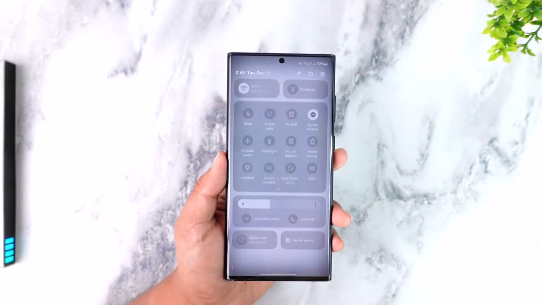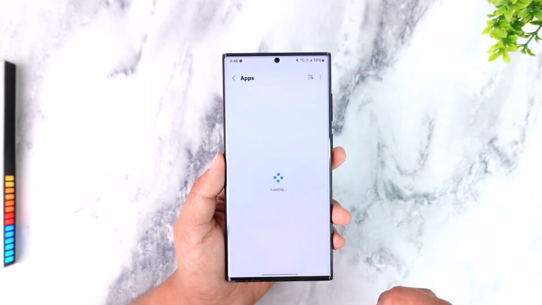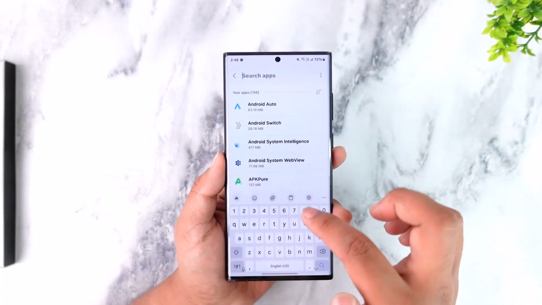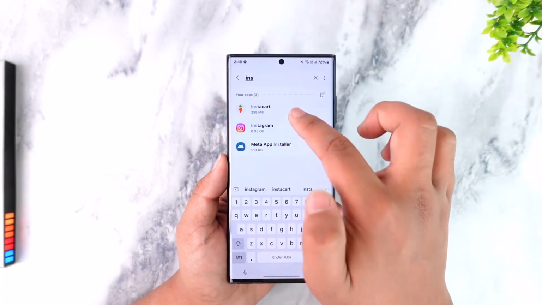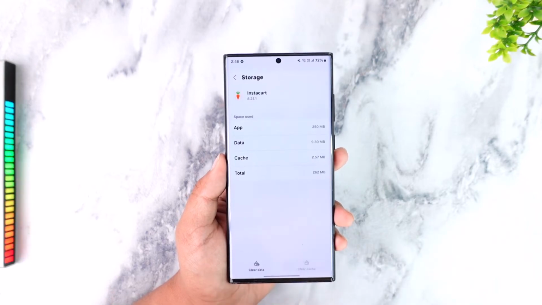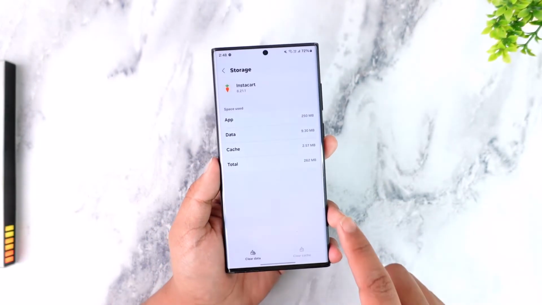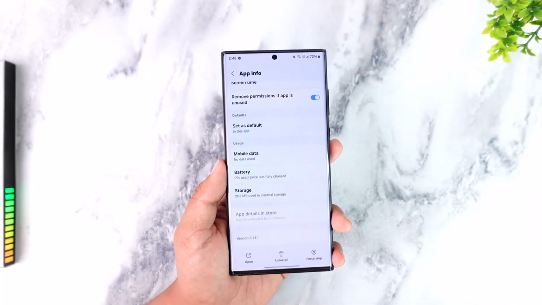Next, if you're using Android, simply open up your settings, scroll down to the apps section right here. From the apps section, simply locate or search for the Instacart application right here. Then once done, you can go to its storage, clear the cache files, and also make sure to clear the data. By the way, if you're on iPhone, you want to try to offload the app or completely reinstall the